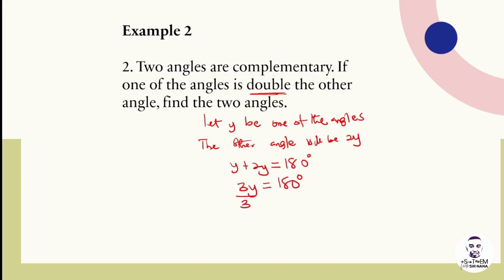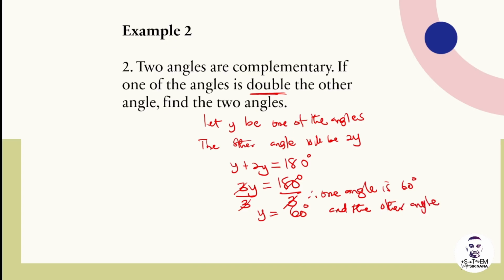So we can divide both sides by the coefficient of the y, which is 3, right? Then 3 will cancel 3, and 60 will go here. So it means our y will be equal to 60 degrees. So it means one angle, right? Therefore, one angle is 60 degrees and the other angle